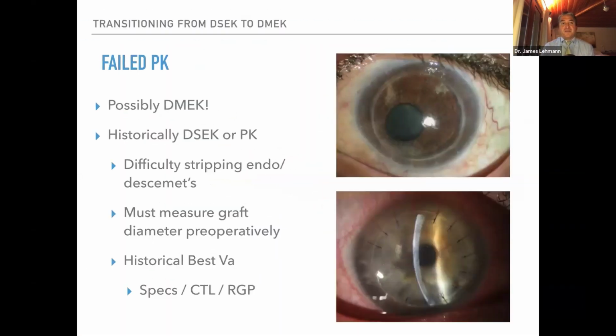So if somebody has a failed PK, oftentimes you want to determine would they be better off having just a full-on repeat PK, or can you just fix the endothelium? So there's always the issues that go into this, but you can do DMEK in these cases. And they're difficult because you have to strip inside of the margin without disturbing the graft-host interface. Also, you want to make sure that you measure the diameter of the graft, and when you order the tissue,